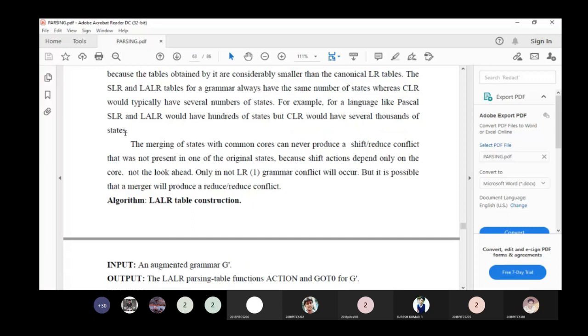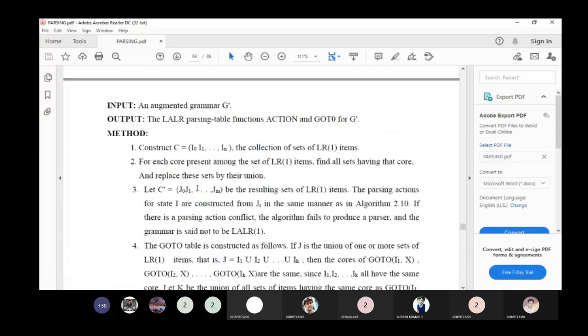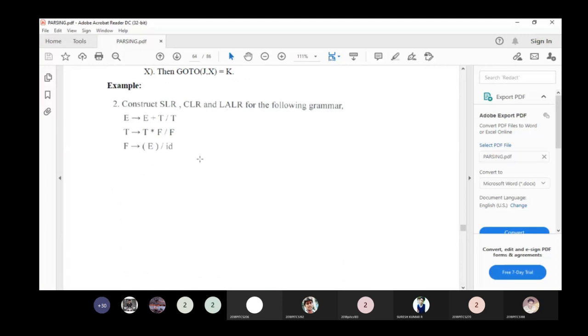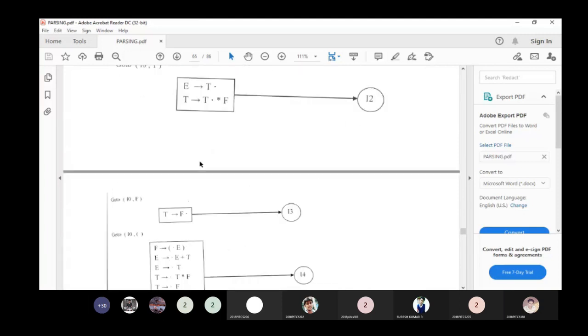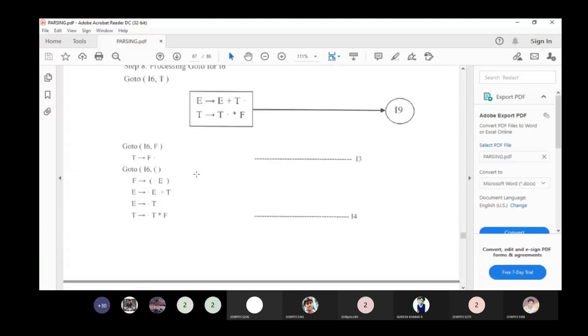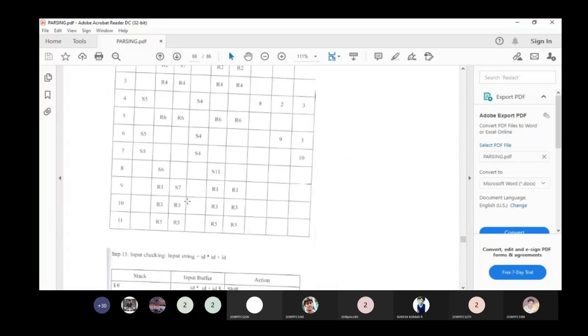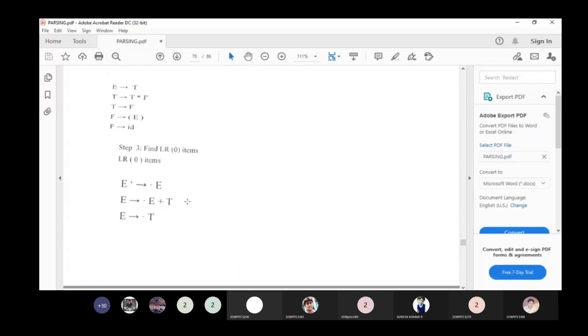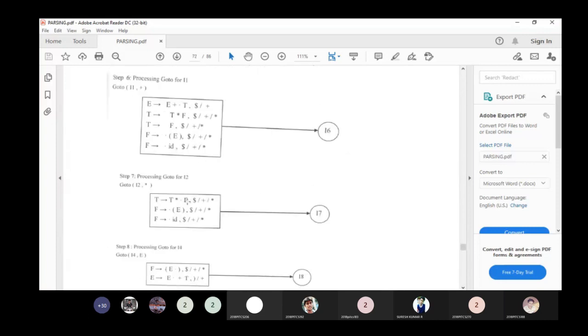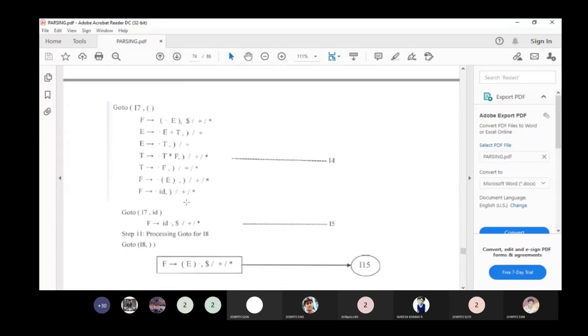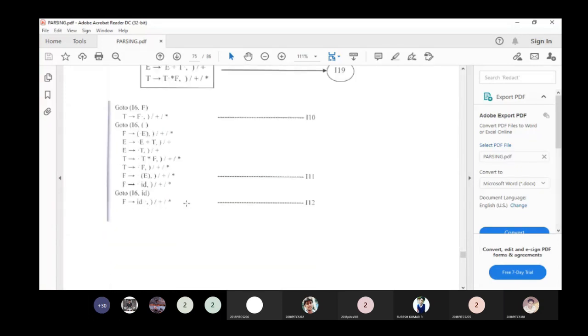Okay, so what we're going to do is combine some of the table values from the CLR. We're going to merge this. This is the LALR. We will see an example for LALR. This is SLR actually, and the second one is the CLR. For the same example, I gave CLR. We verify that. And the third one is